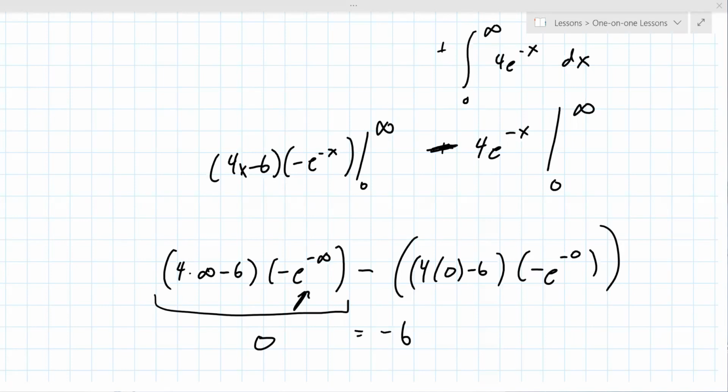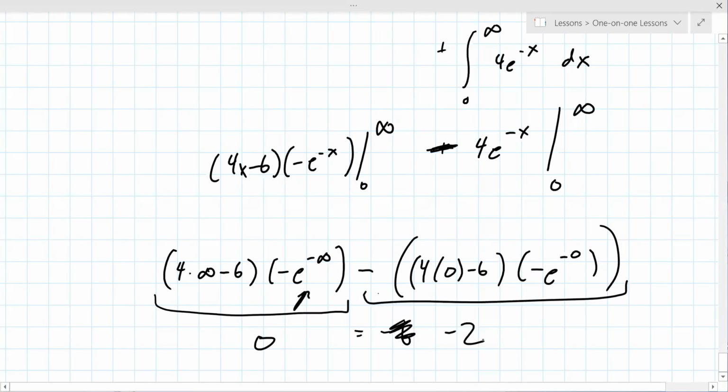Oh, minus 2. Okay, sorry. This all became minus 2, and I don't know why I wrote down the wrong number, but I did. And we can move on to number